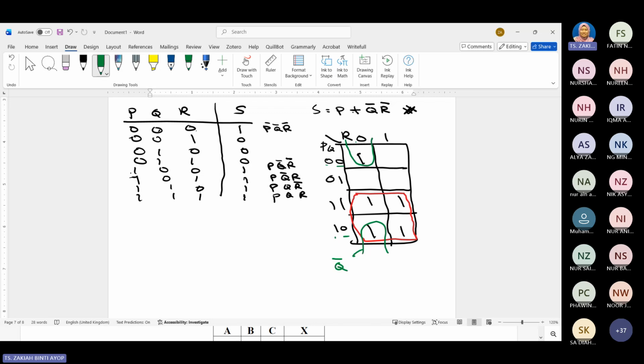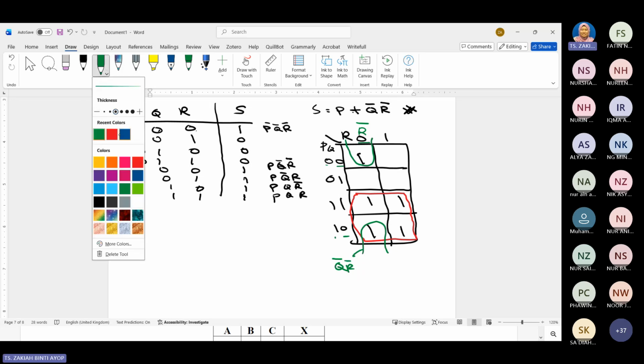And then now look at the column. The column is on 0. So 0 means R bar. So write R bar here. Okay. Now next is